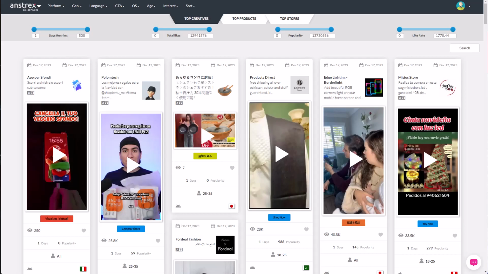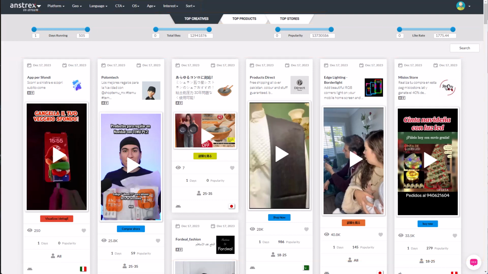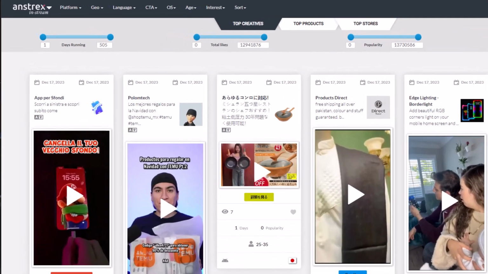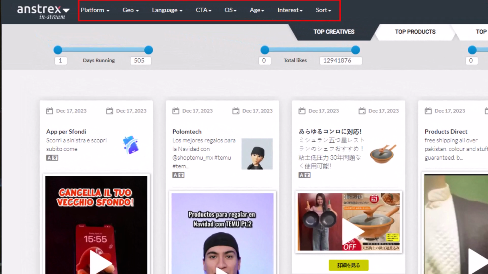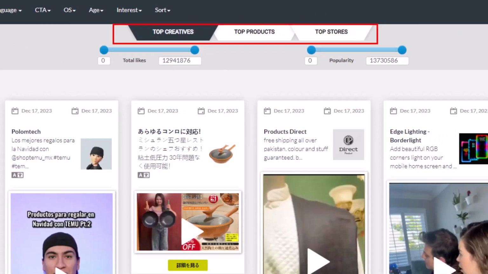In this video, we will get familiar with the Anstrex In-Stream user interface. The user interface is divided into 4 distinct areas. On the top, you will find a drop-down menu bar which allows you to apply different filters and sorting methods to the data. Just below that, you will see a tabbed interface that allows you to view the data in